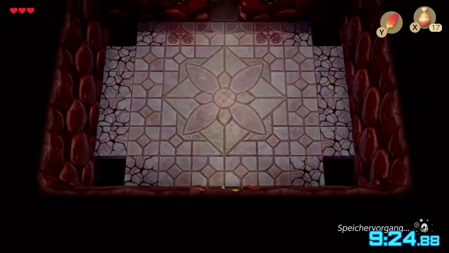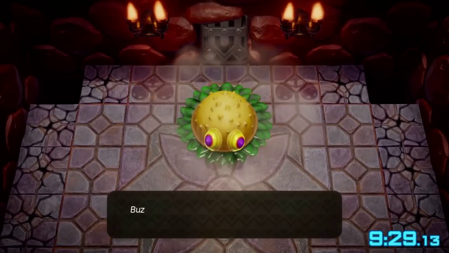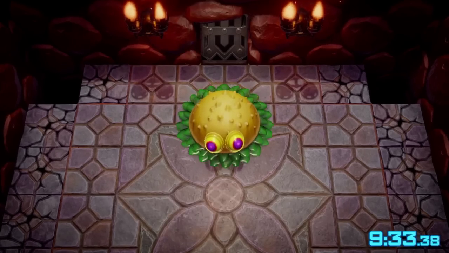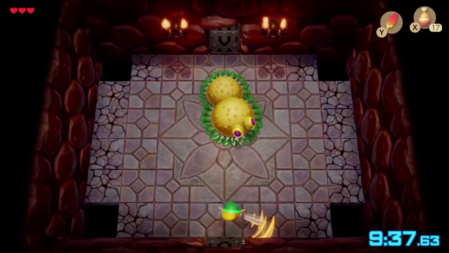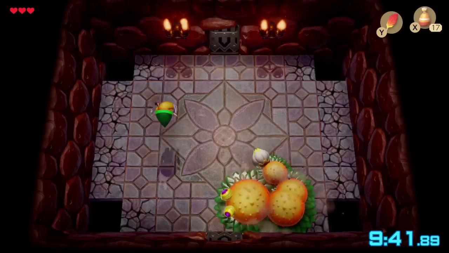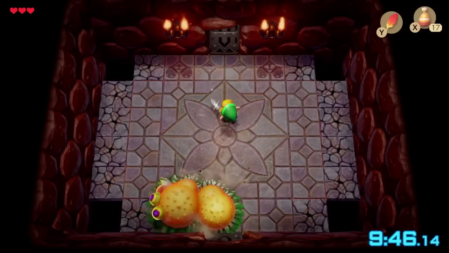Alright, so now we're fighting Moldorm. Moldorm will take 2 spin slashes, or 4 hits with the sword normally. He'll go through kind of an invulnerability period for a while, and then my goal is to time it correctly so that I hit him as soon as his invulnerability period ends. So let's see. I usually jump 8 times here. 5, 6, 7, 8. And then...